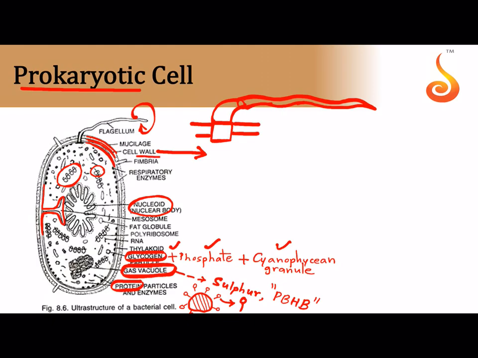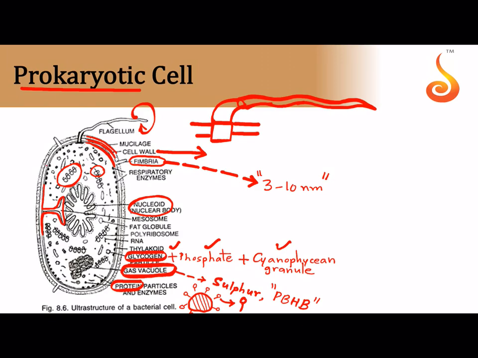Then you see certain bristles projecting out of the cell, which help in anchorage or attaching to a substratum, referred to as fimbriae. Fimbriae are also solid structures which are said to be made up of 3 to 10 nanometer sized protein particles, or basically the protein units which make up the fimbriae.